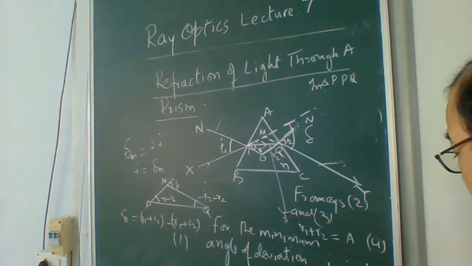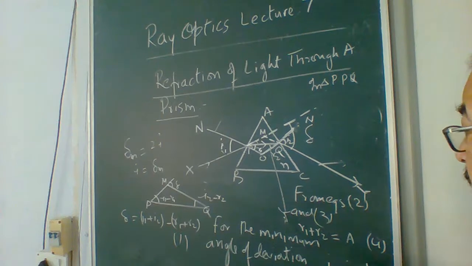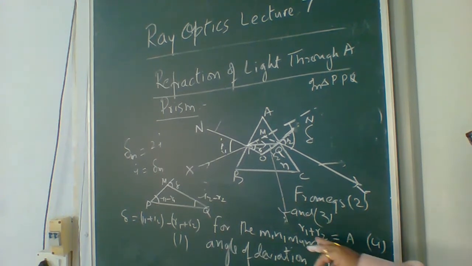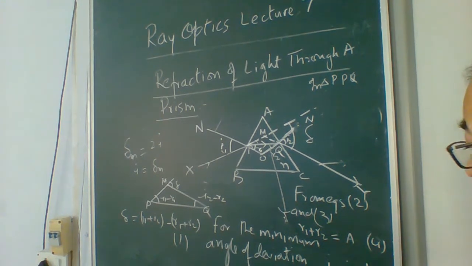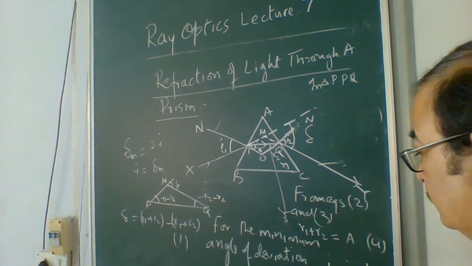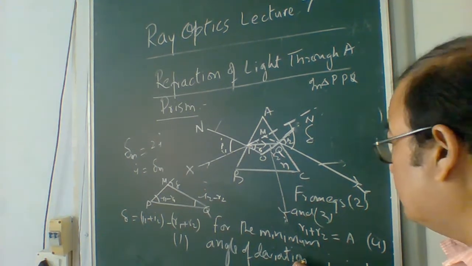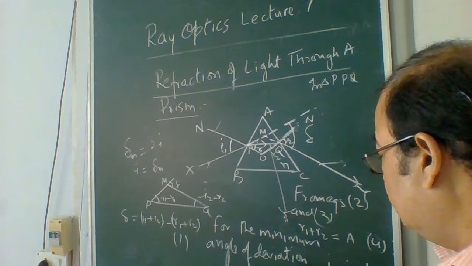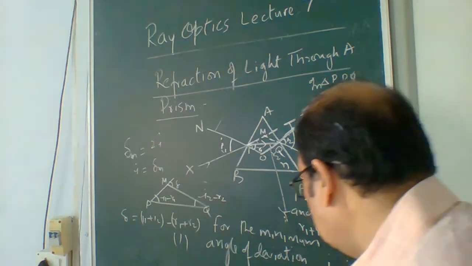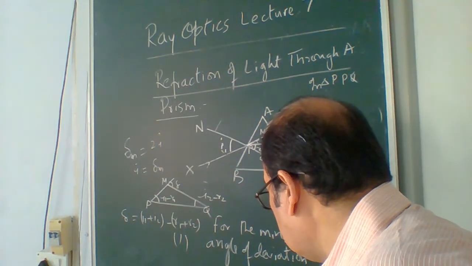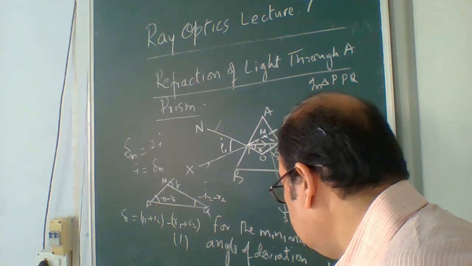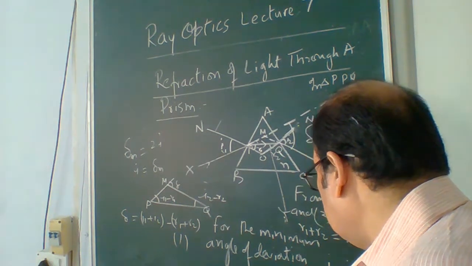And in another format, what we have also seen, R1 plus R2 equal to A. That means 2R equal to, this is your equation number 5. This is equal to, from equation 4,